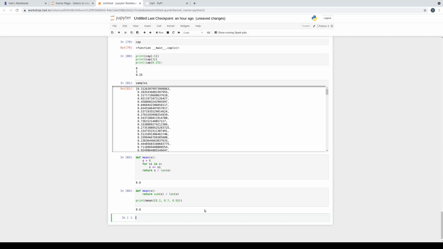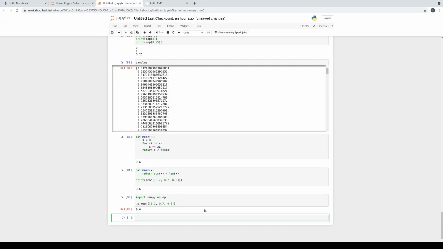That also works. So I mentioned there's lots of packages. One package, if you start using Python, that you'll certainly run into is NumPy. It's a scientific numerical computing library. It's ubiquitous in its use. NumPy is normally imported using this as statement, which renames it to np. It's kind of a common thing to import major packages with a two-letter nickname. And of course, NumPy has a mean method, which we could have just called directly instead of writing our own.